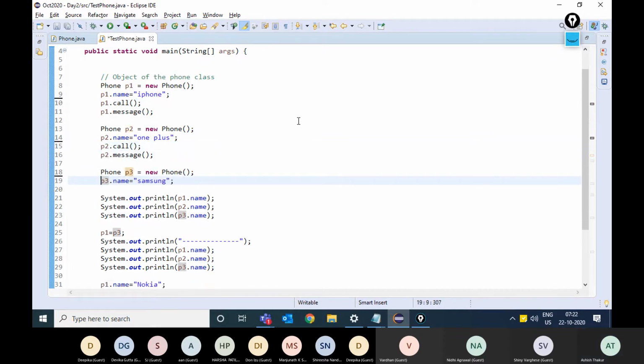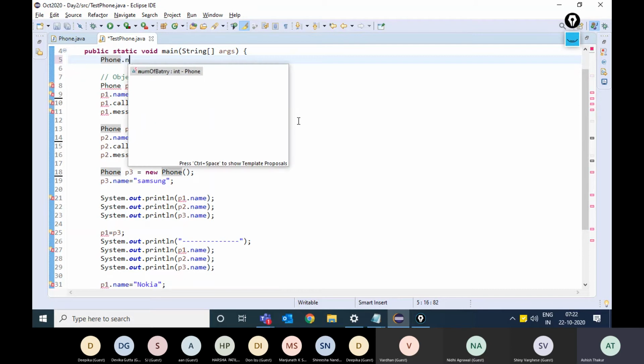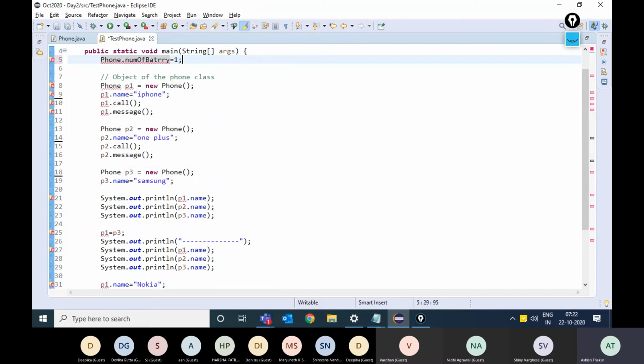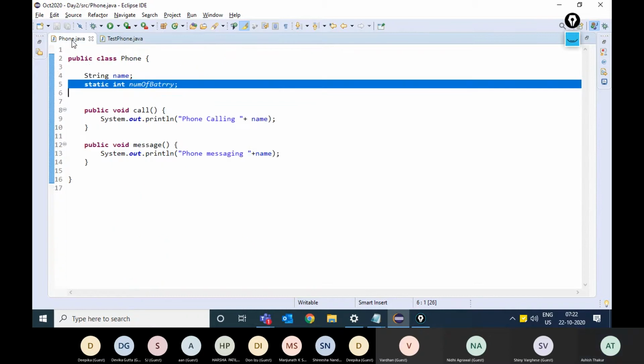Static variables can directly be accessed with the name of the class. You can directly write phone dot number of batteries equals 1, and for all the objects, it will become 1. But for non-static, you have to create the objects.